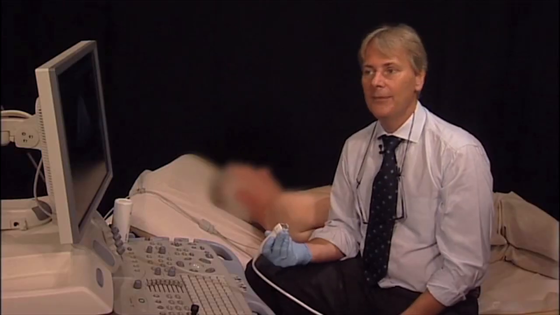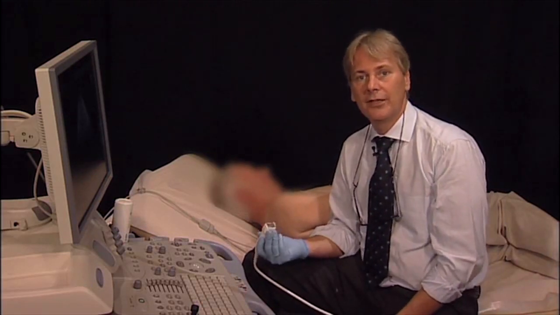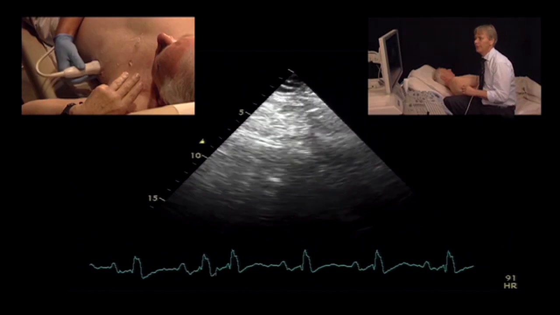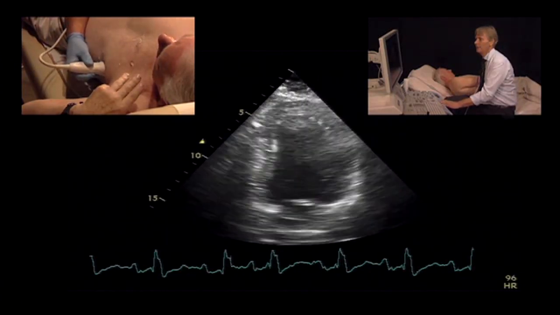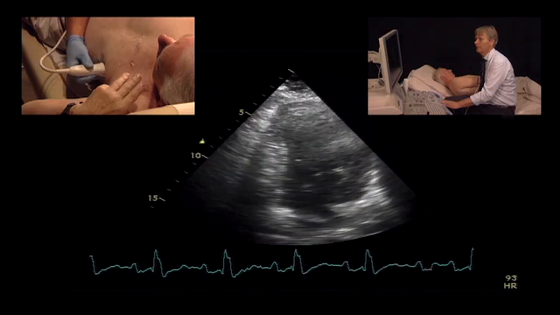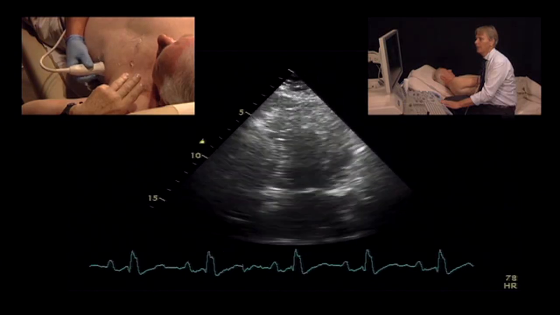Here is again a demo that shows you how you can use respiration to your advantage. Sometimes the patient has better image quality if they inhale. This is especially true for the two-chamber view, and I'll try to demonstrate that here. This is a patient who has moderate quality of the two-chamber view, and I will now ask the patient to